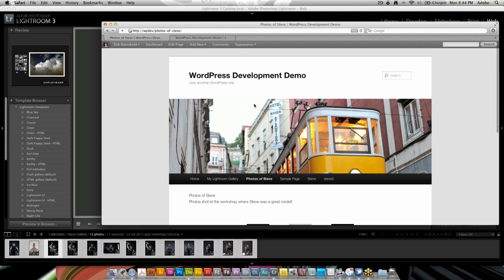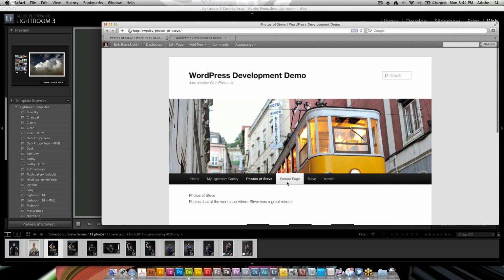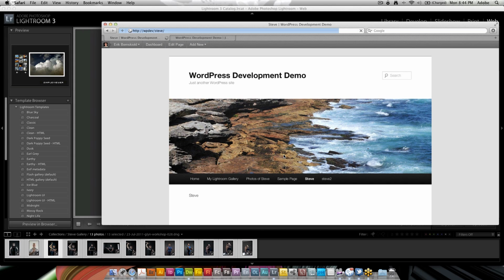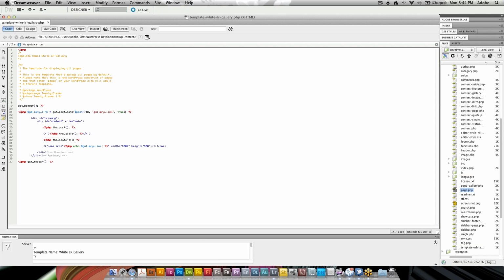But again, you get the photos of Steve as a Lightroom gallery, and in this case, Steve as a Flash gallery, and it just works inside of WordPress from Lightroom 3. So that's essentially what I wanted to show you guys today. We've taken a gallery, made it in Lightroom 3, got it into WordPress, and all it took was just a little